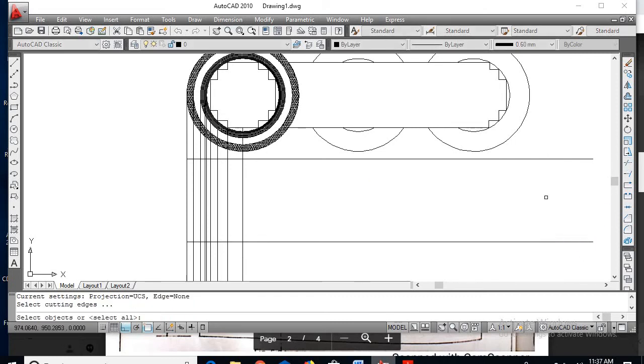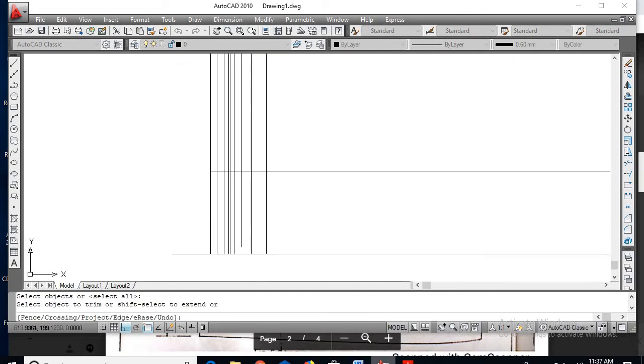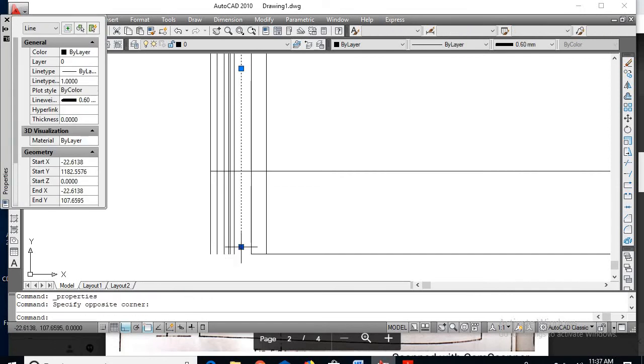Go for the trim command, right click. So here we can remove the unwanted portion. Here again it can be extended.